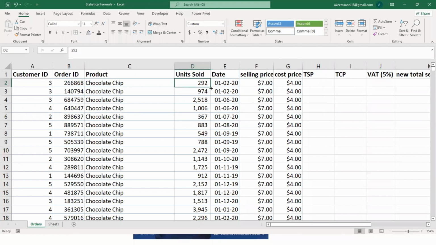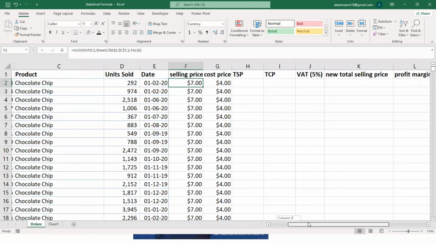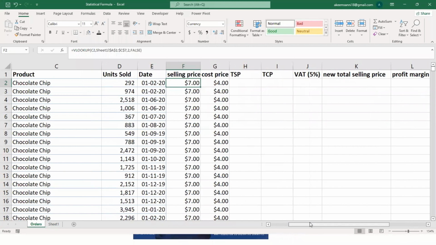So now, how much will it cost us to sell 292 units? So if we are selling one at the rate of $7 and we are spending $4 to produce it, how much will it cost us to produce 292, and how much are we going to generate if we produce 292 and we are selling it at the rate of $7? So that is what we want to do. We are going to start with the basic formula. We've used addition, so let's use multiplication this time around.